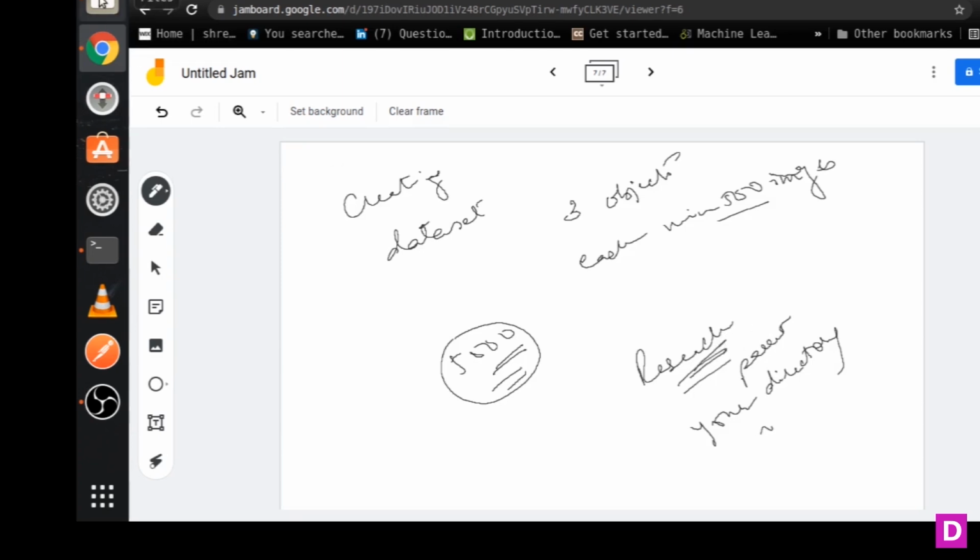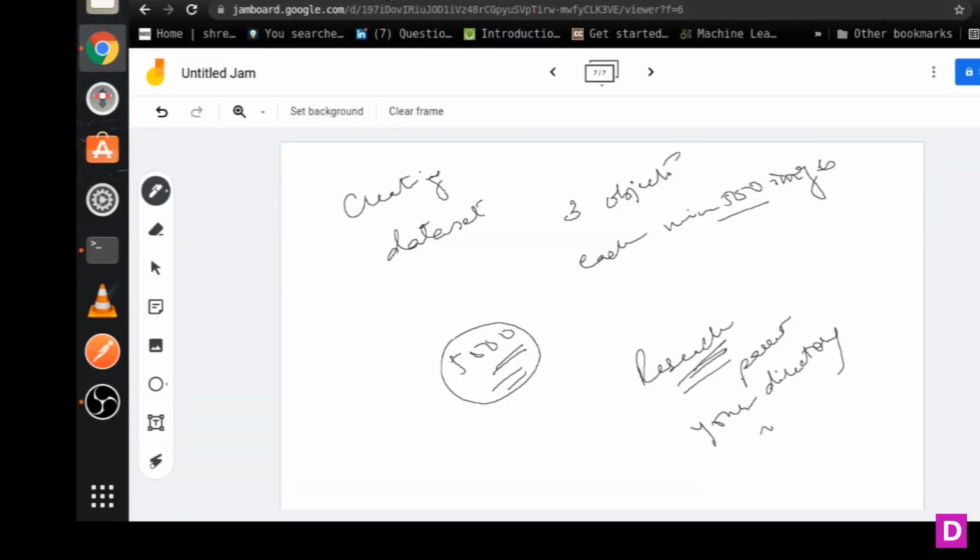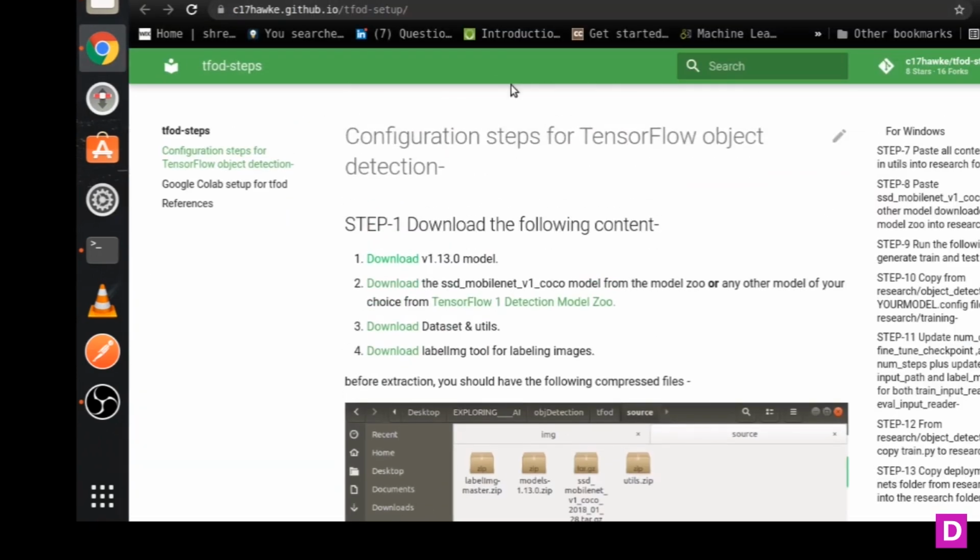So you need to make sure you are always inside the research folder, and whatever changes you are making are inside the research folder, parent folder. This is your parent folder. So once you have that, the next thing that we have to do is, you have this, okay, I'll be